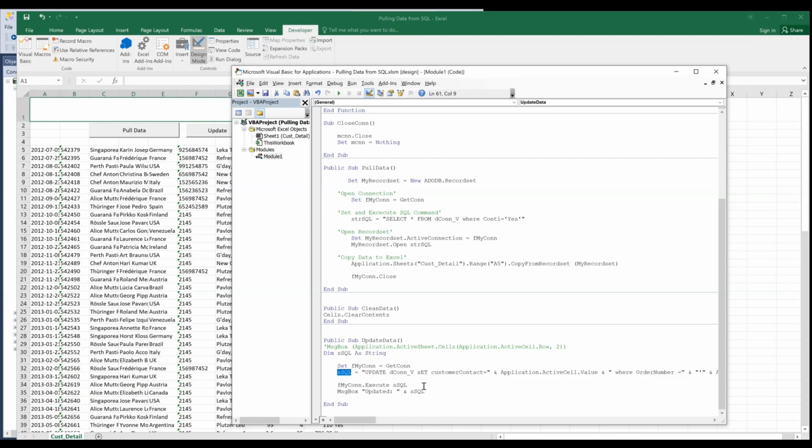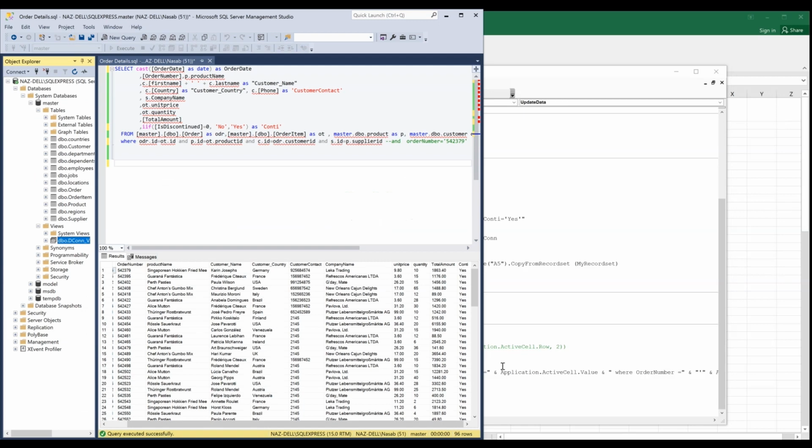And then I use this string variable for my update command. The update command is simply saying update dconv, which is your view,